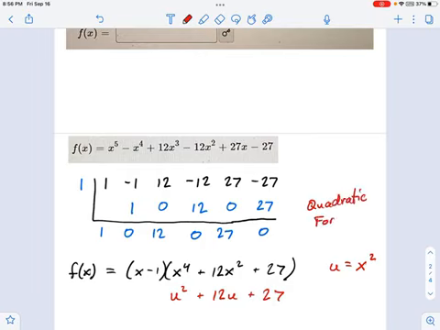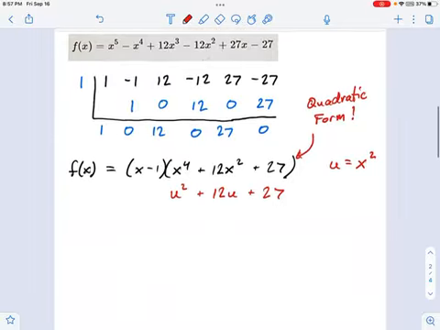This is not actually a quadratic right here, but it has the form of a quadratic because you have a pattern of exponents and a trinomial. So I'll bet we could factor this pretty easily. You've been through factoring before, I hope, at this point. So two numbers that, let's see, multiply to 27 but add up to 12. Well, I get 3 and 9.